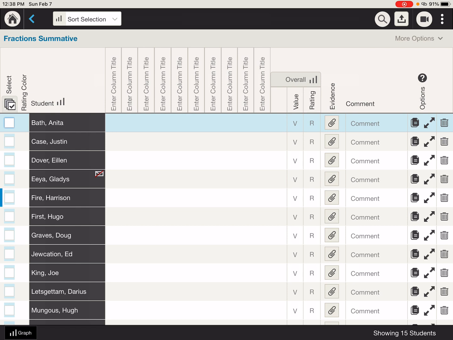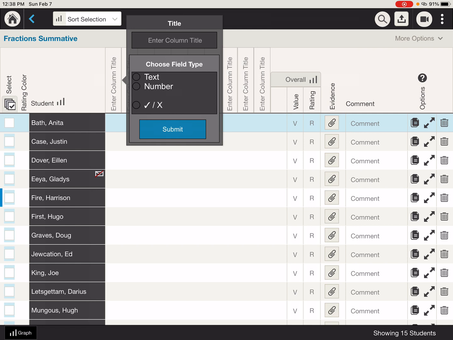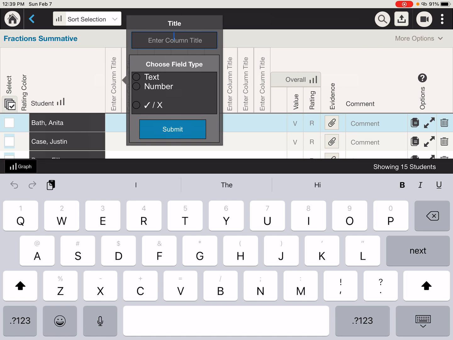So here's my list assessment. Up here at the top, you see enter column title. So I can have up to 10 different columns in here. It could be spelling, and I could do week 1, week 2, week 3, week 4, that sort of thing. And here, because I did fraction summative, sometimes if it's a larger assessment, like a summative assessment, there's multiple things being assessed. So I sometimes break them up so I can see what students need to work on. So I might call this one, say fractions, it could be